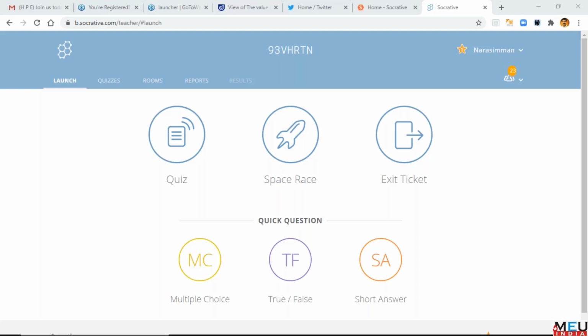Once you launch, see, now I closed all my activities. If you use this room number, it will say the teacher has not started the activity. You have to start the activity for the students to access it. Yes, you can use it for short notes.